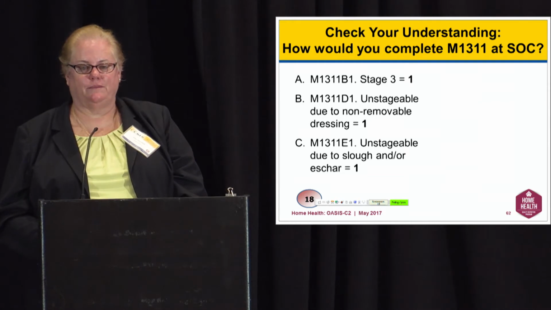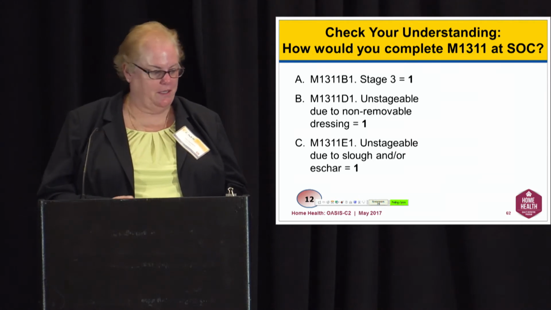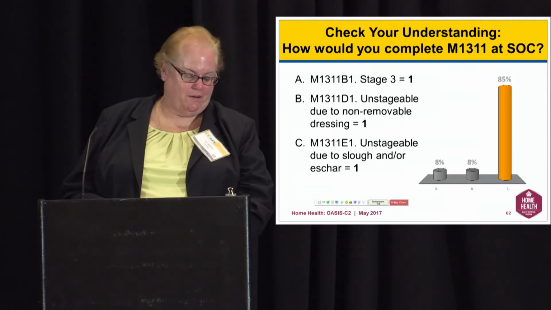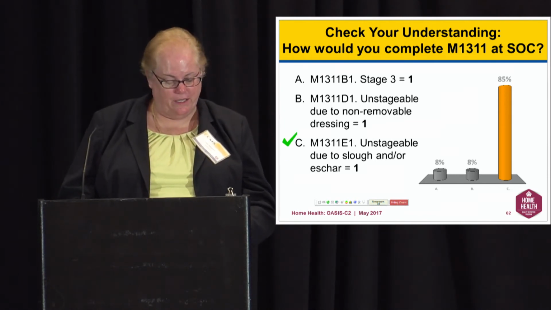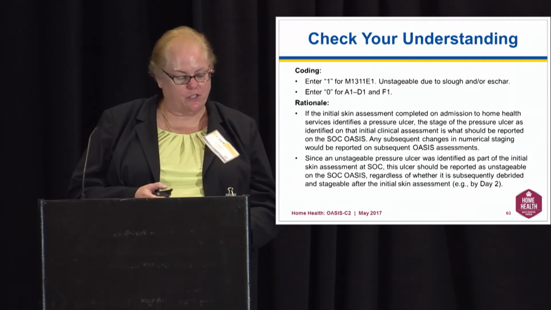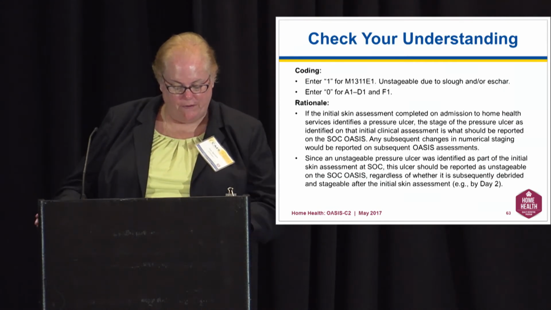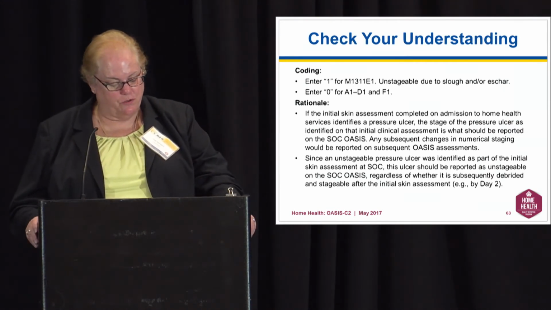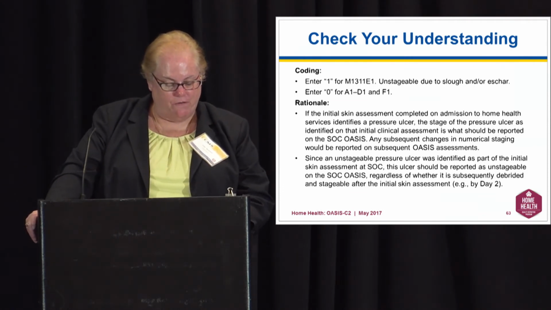Got it? Everyone's arguing at their table? Okay, let's see. All right, most of you have it correct. The answer is C. And so what's our coding rationale here? Well, you'd enter 1 for M1311E1, which is unstageable due to slough or eschar, and enter 0 for A1 to